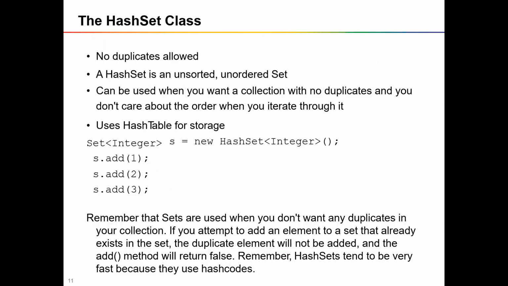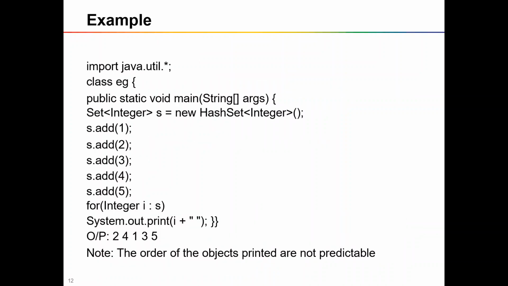For creating a HashSet, we have a syntax like HashSet of type. Here we are adding elements of Integer type, and whenever you try to store some element into your HashSet, internally it uses a hashing technique. It uses a hash table for storing the elements into the collection. That is why HashSet is unordered.